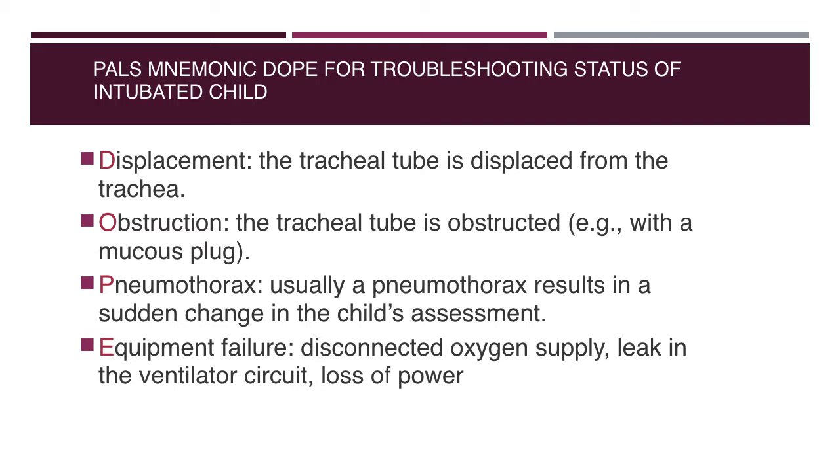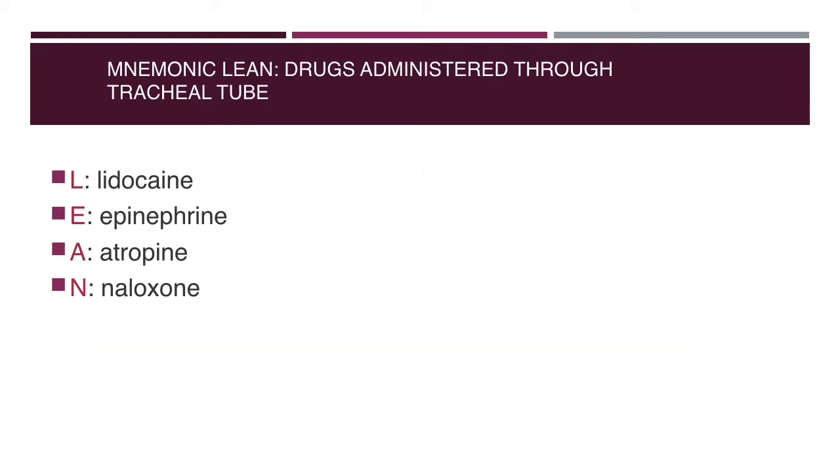Pneumothorax is usually a result of a sudden change in the child's assessment, like after we give them surfactant. We see a sudden change in their lung compliance, and that can cause a pneumothorax. Equipment failure. Is there a disconnected oxygen supply, a leak in the ventilator circuit, or a loss of power? When we look at those rapid